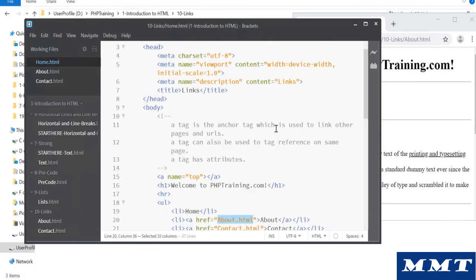Alright, so that's all about the anchor tag. And remember, the anchor tag has attributes, and the anchor tag is the most important tag because it connects all the resources on the internet. If you want to give links to your Facebook page, Twitter page, or other pages on the website, you will be using the anchor tag a lot. Okay, so that's all about how to use the anchor tag, and I'll see you in the next one.